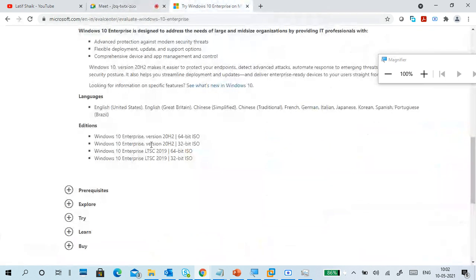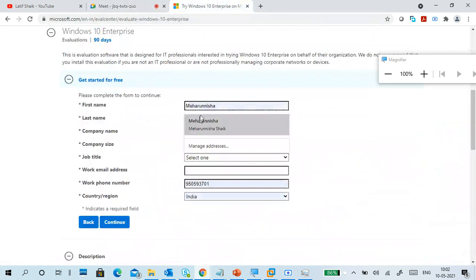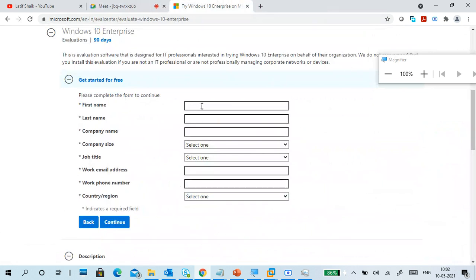Here you already know how to install, I think. So ISO image, continue. You have to give your first name and last name. It won't ask for any verification, but you have to fill in the fields. For work email ID, you can give any email ID, for example your name at Vedic.com, or example.com, or maybe not example.com, some.com. Even a Microsoft email ID, if you have one, or any duplicate email ID. Usually it works.